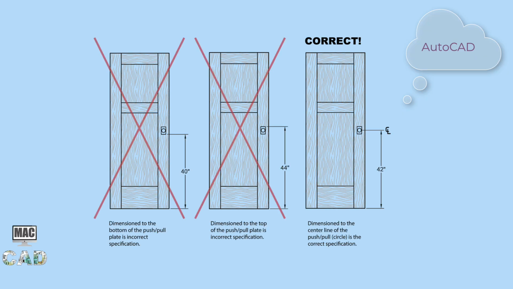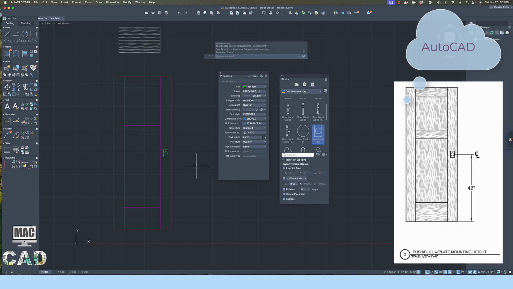To figure this out, you need to know the standard mounting height. Note that all measurements are established to their center lines. We do not place hardware to the edge of the plate, but to the center of the circle that represents the push-pull. I will use the offset command to create a horizontal reference line with an offset distance of 42